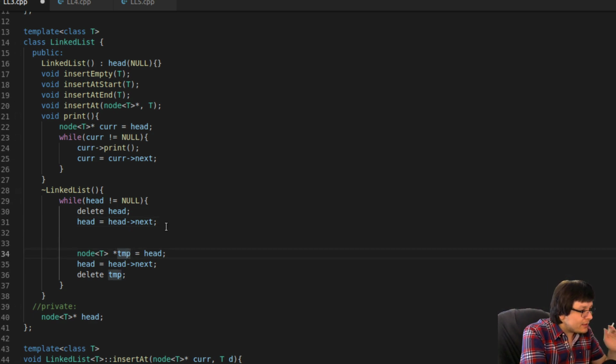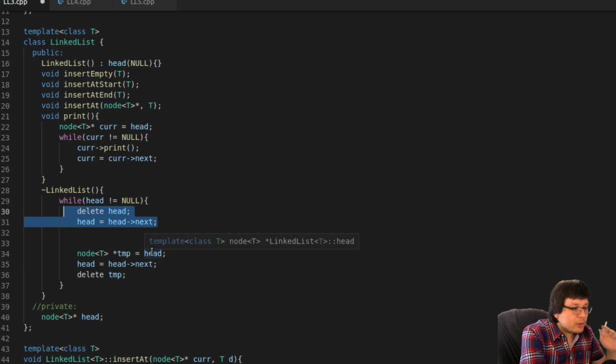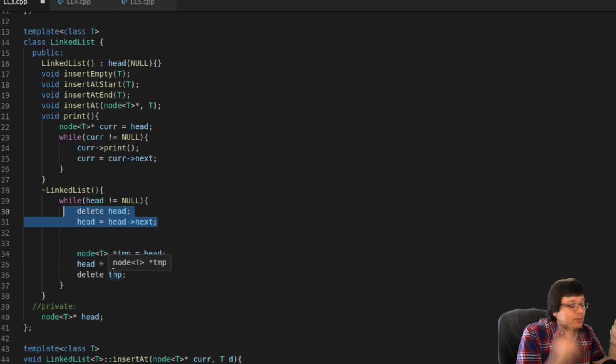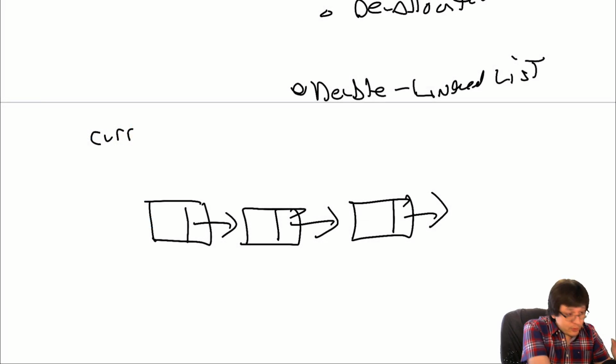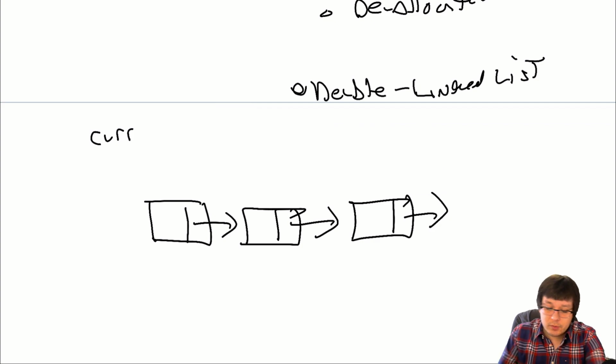So in this case, we are able to use head because we're never going to use it again, and we don't need it to point to the first node. In this case, it'll point to the last node. But again, after it gets deallocated and the destructor finishes running, it doesn't really matter. So that's why I'm using head there. But you never want to use head except for this special case, and you could even avoid using it in that special case if you just want to make it a rule of thumb.